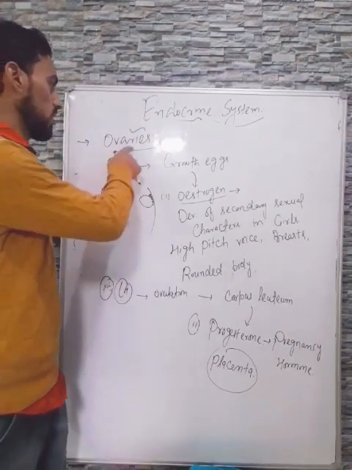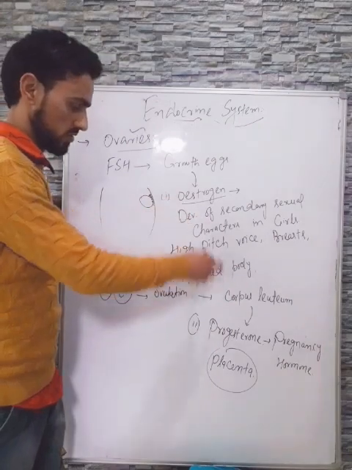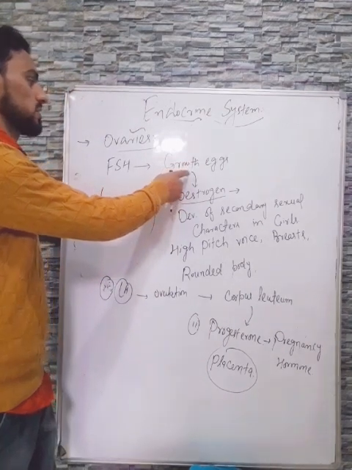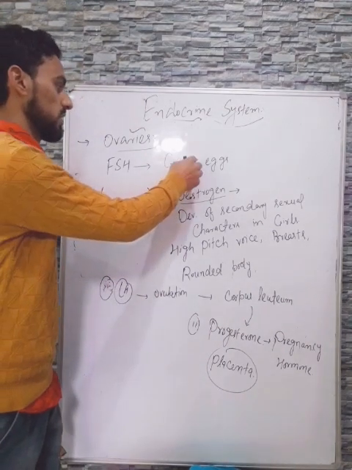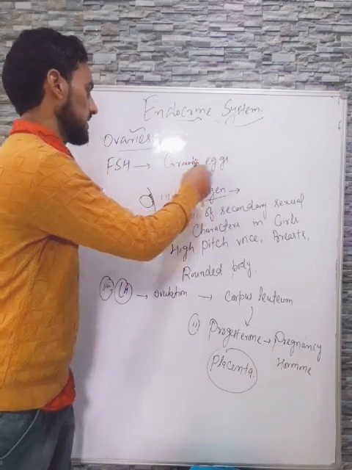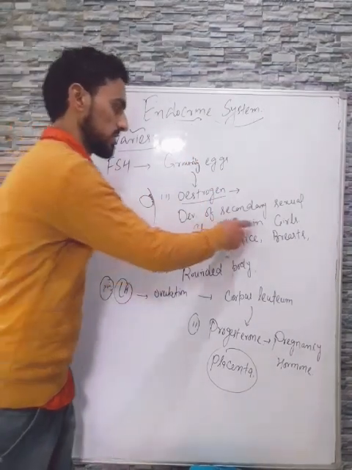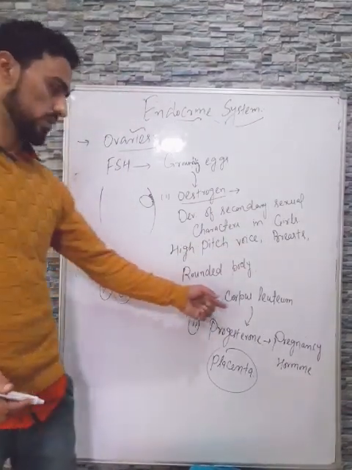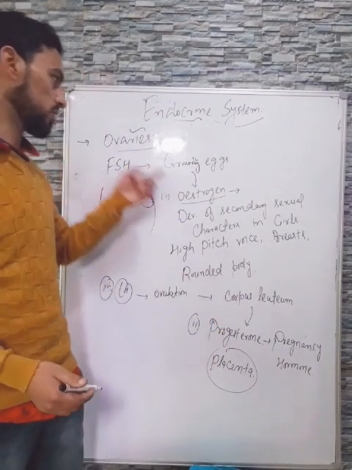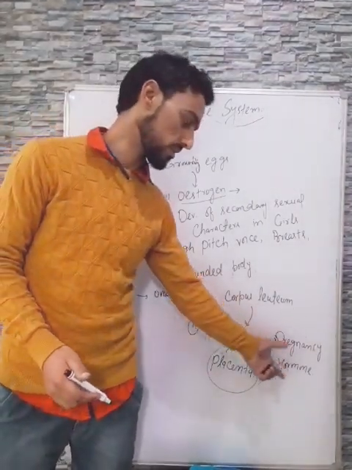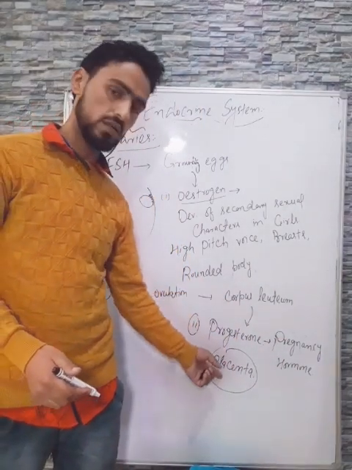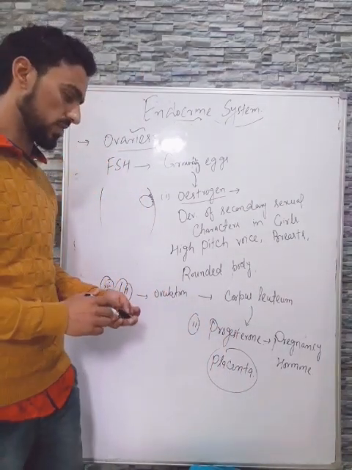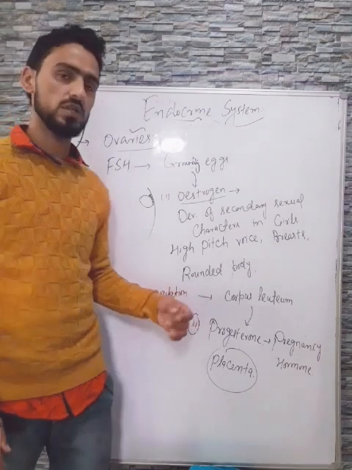Having a quick recap, ovaries secrete two types of hormone. The first is estrogen, the second is progesterone. Estrogen is secreted by the growing and developing eggs under the influence of follicle stimulating hormone, and it helps in the development of secondary sexual characters. Progesterone is secreted by the corpus luteum present in the ovaries, and also by the placenta of the baby. It helps in the maintenance of pregnancy and in various activities inside the female reproductive tract.